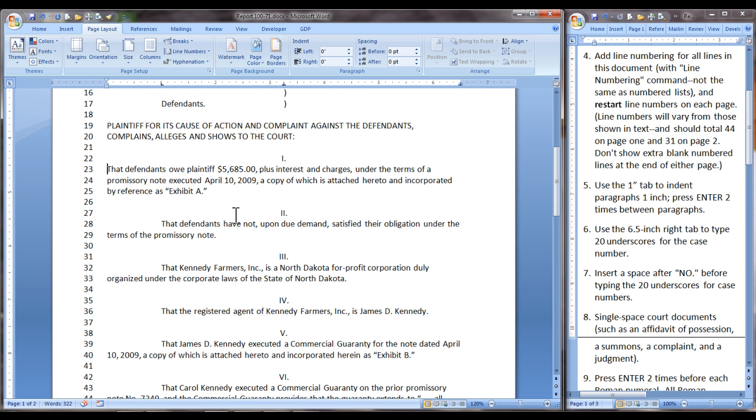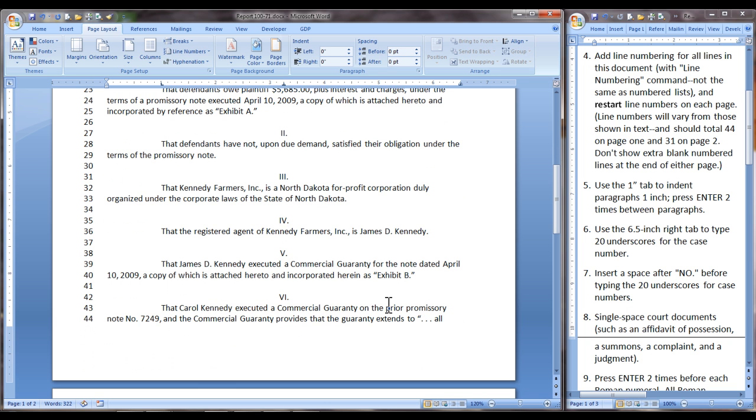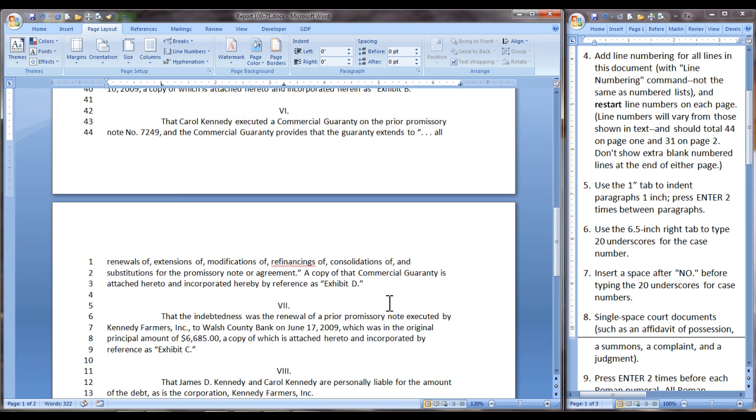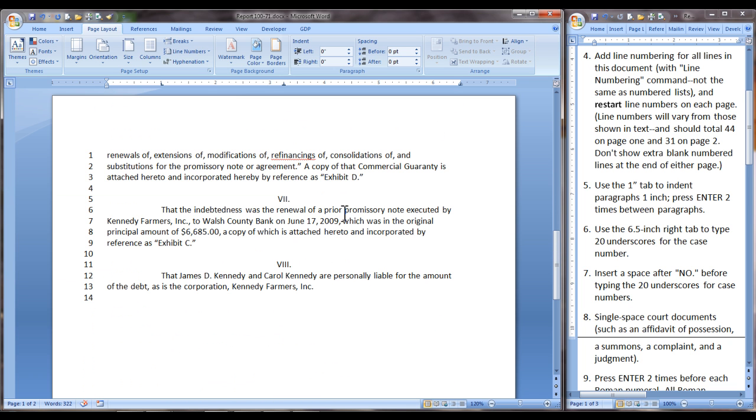This first paragraph needs its tab. So we'll make these corrections and double check that we have 44 lines on the first page, and we're not finished with the second page. After Article 8, insert a blank line, tab,